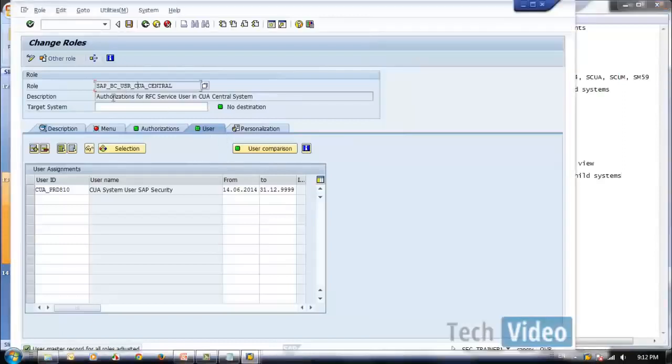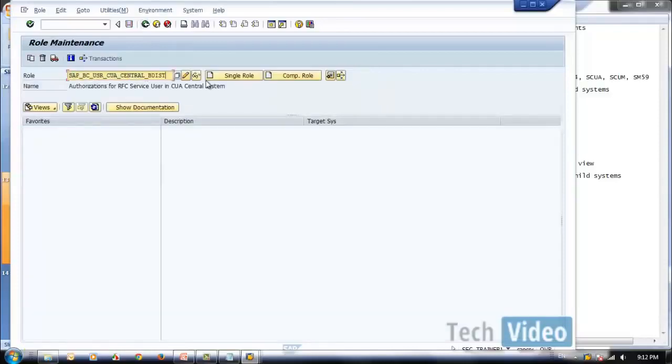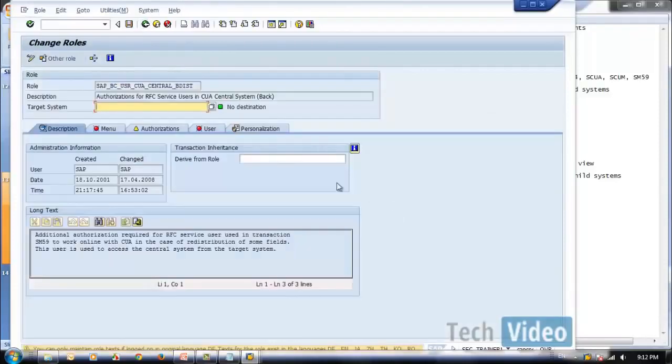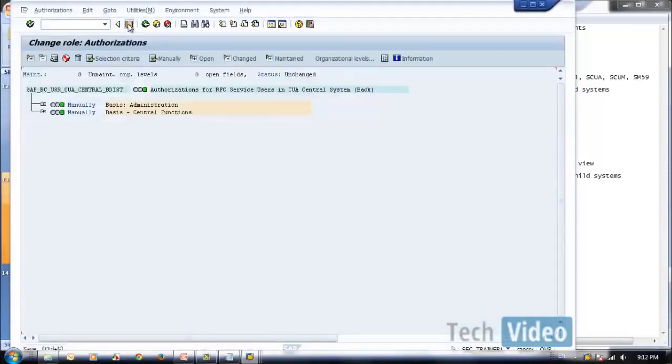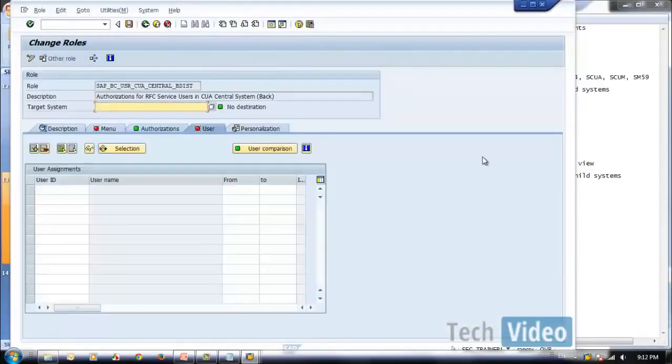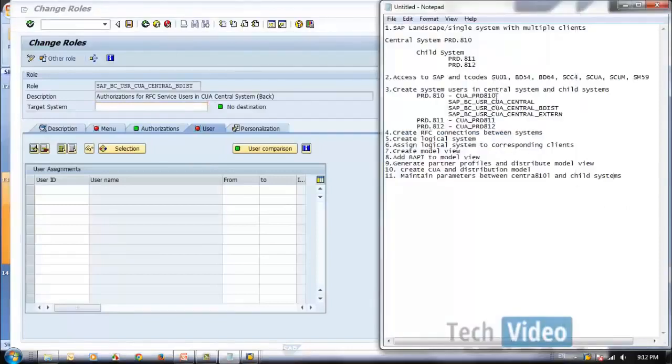This specific role is the authorization for the RFC service in the CUA central system, and we have one more role. This is the RFC service for the CUA central system back, that means to receive. So the second role we will also assign to this user.